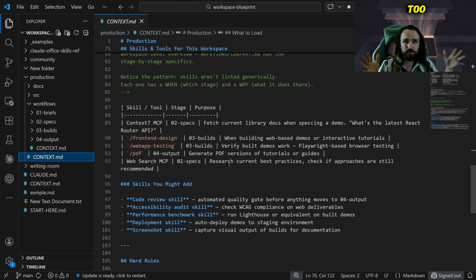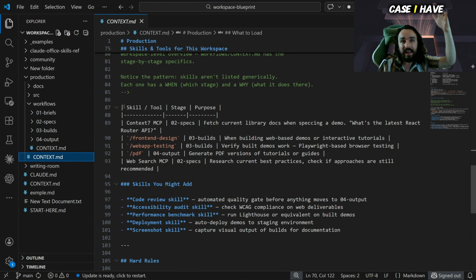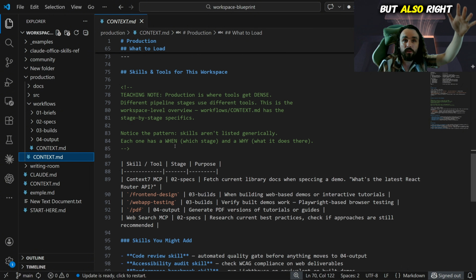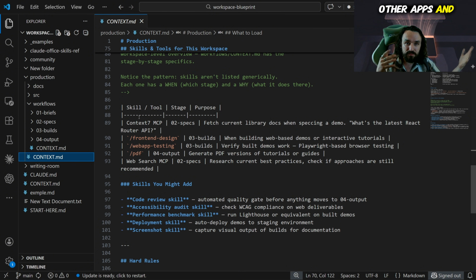One important note too is this is where the difference between it's just skills we're creating here and it's a system. You're actually putting skills inside of your MD. So in this case, I have in my context for production, I have the Fire Outlook, what I want to do, but also, right, this is where you can call skills or MCP servers. If you don't know what an MCP is, Model Context Protocol, I think that deserves an entire video in itself, but just think of it as a way that the AI can talk to other apps and services easier. It's designed to just kind of plug and play it in rather than you have to create all these custom integrations.